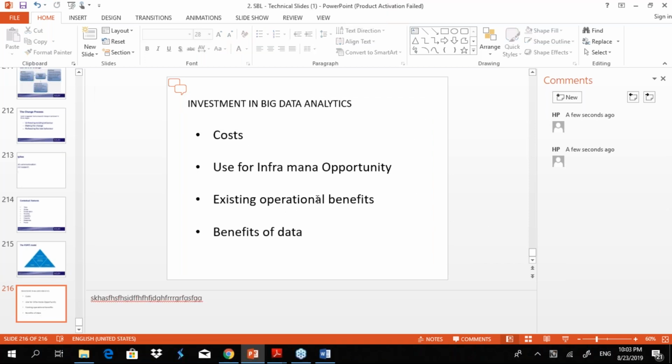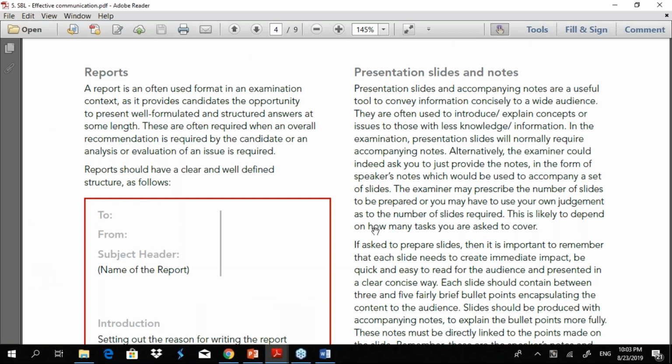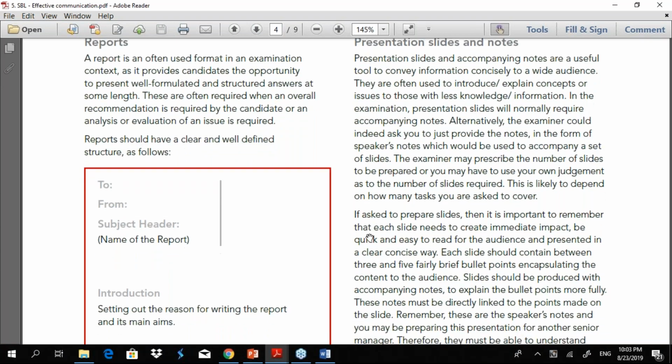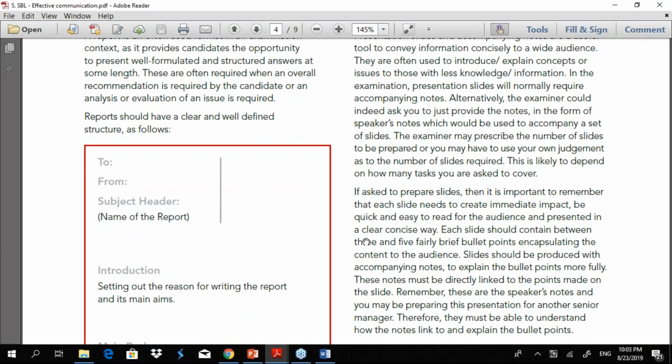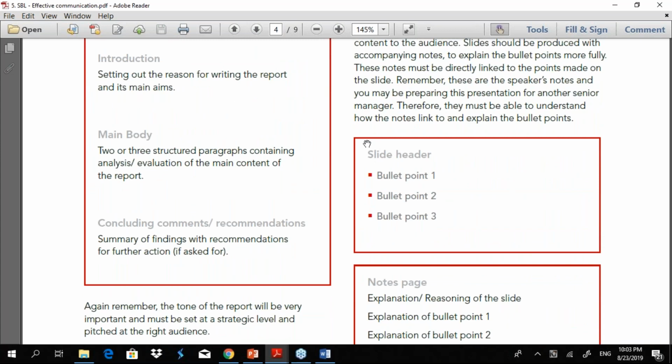And remember that don't go and write paragraphs inside a slide. So in the exam, make sure to put a box to show that what you are doing is a slide.